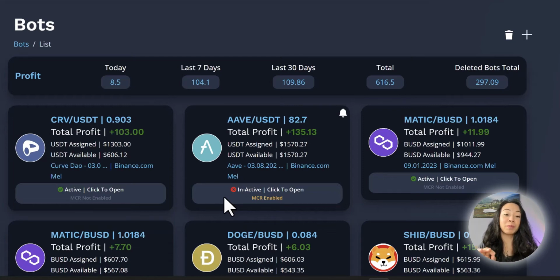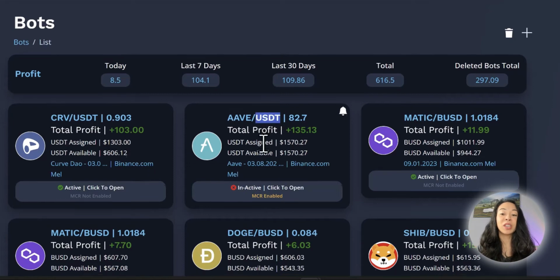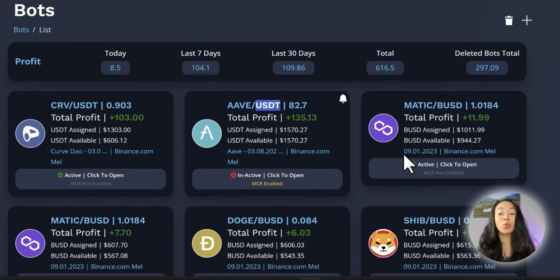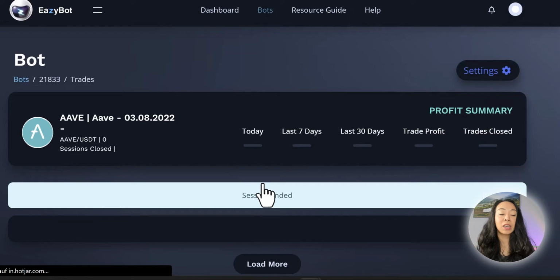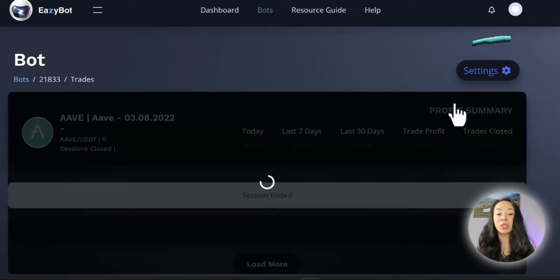Before, I made this bot a single session, because I personally want to close all my USDT trading pairs, and as you can see, I moved fully to BUSD. A bot which runs on USDT, I will enable market crash recovery on later also, so this hopefully finishes soon. So you can just go on your bot and go to settings,